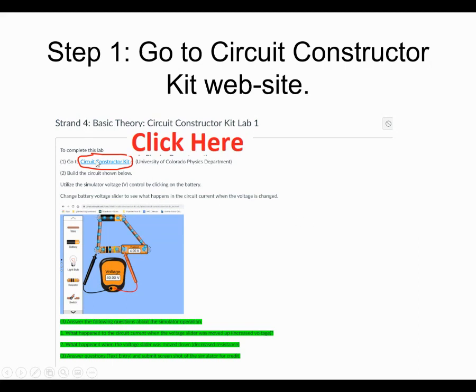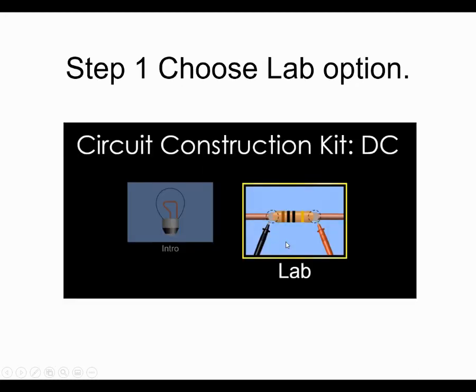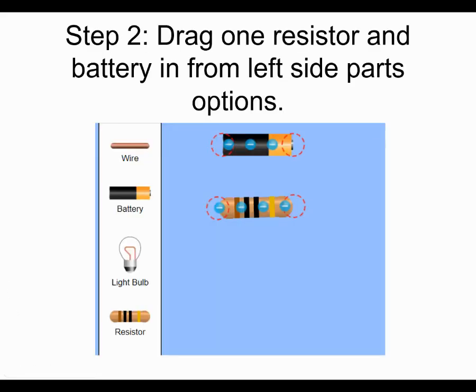On the Canvas assignment, along the top where I wrote click here, click there, and it takes you to the Circuit Construction Kit website. On that website, click on the right thing that says lab. It comes up like this. First thing you need to do is drag in a battery and a resistor. Bring those in. Next thing you need to do